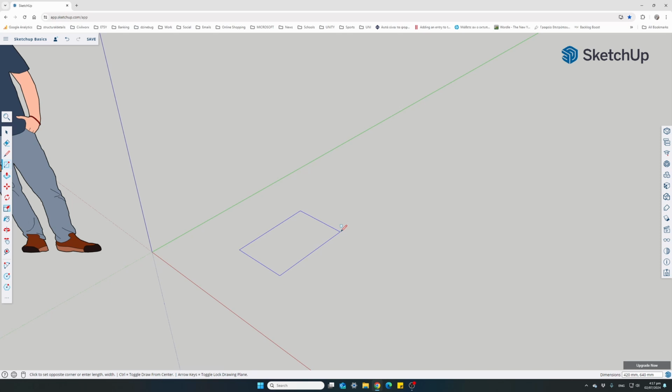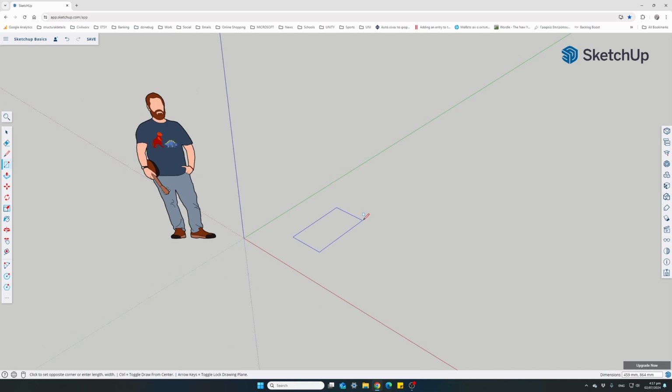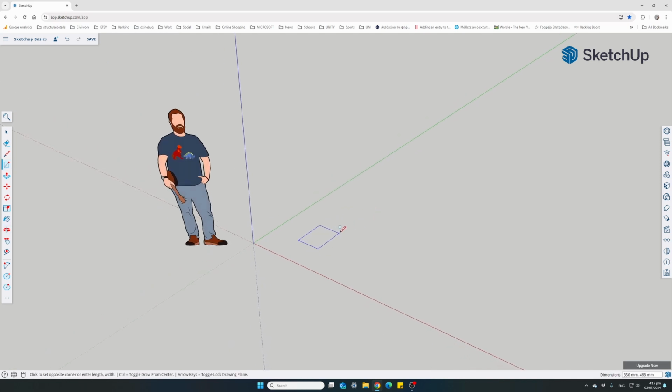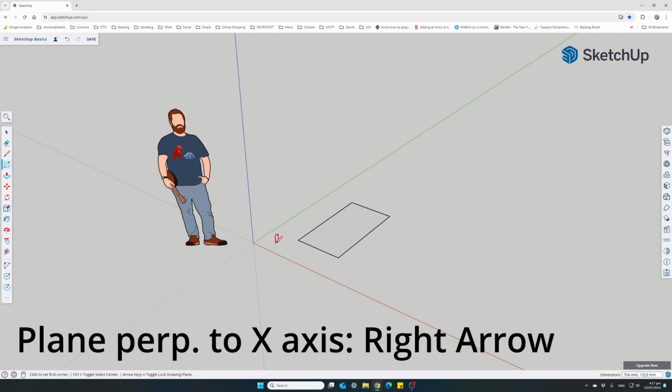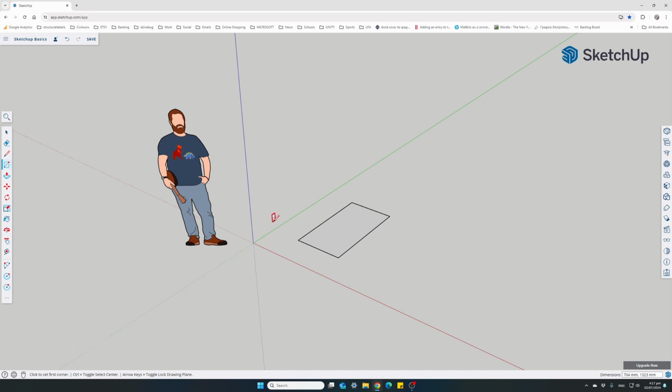Currently a rectangle is marked with the blue color, meaning that it's perpendicular to the blue axis. It's flat on our ground. And to draw the rectangle, just select the first corner and then the second corner. If we want to draw the rectangle perpendicular to another axis, for instance the red axis, again like the previous lesson, you can click on the right arrow key on the keyboard and it will change plane. Now it's marked with a red color, meaning that our rectangle will be perpendicular to the red x-axis,